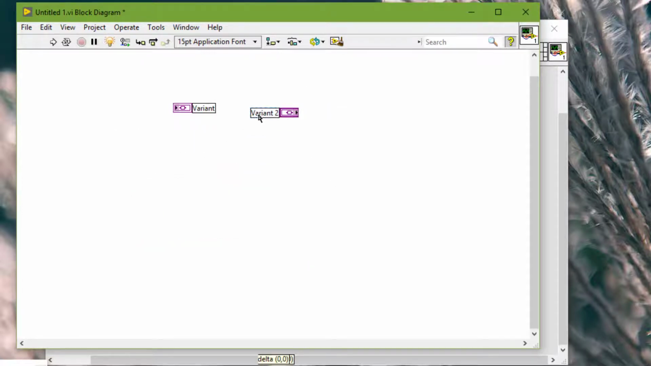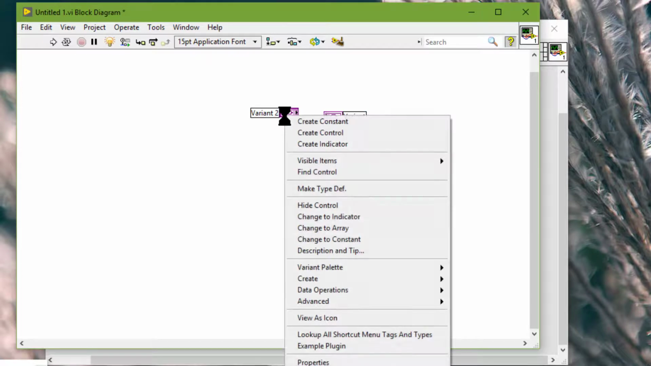Control and variant indicator, and class controls and indicators on the variant and class palette to interact with variant and class data. So on that palette, class controls are not available, but